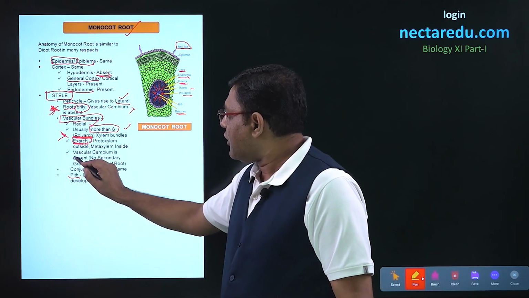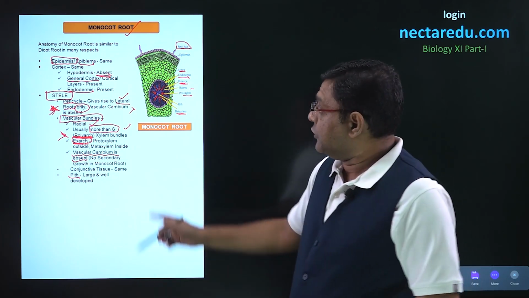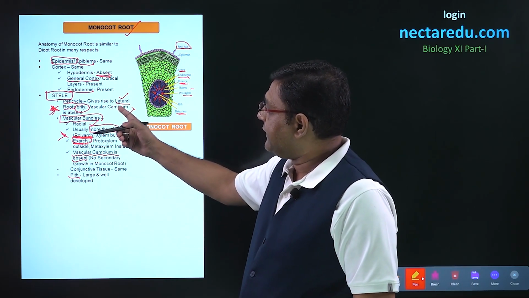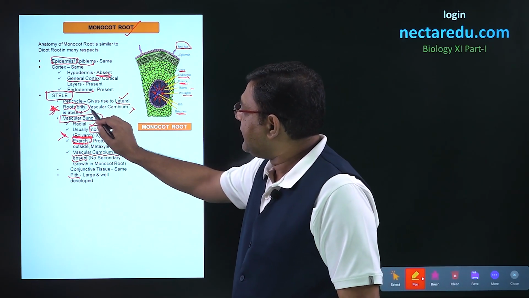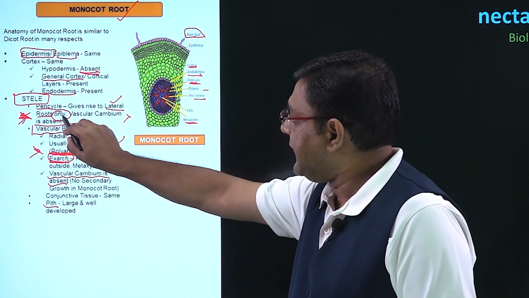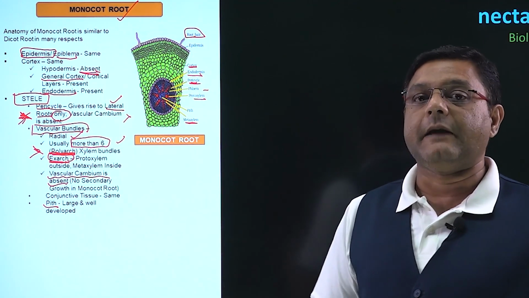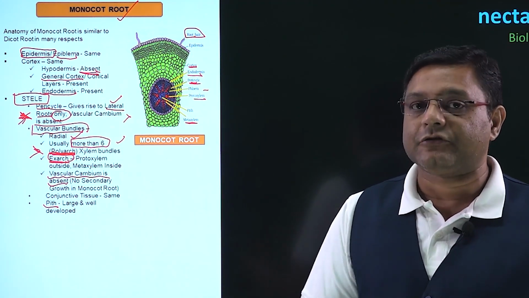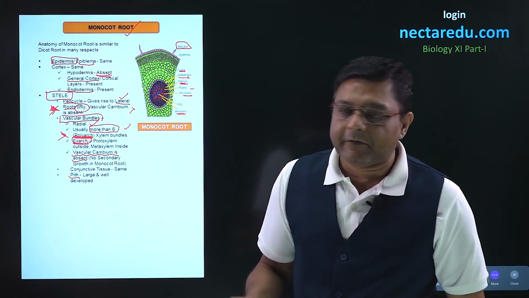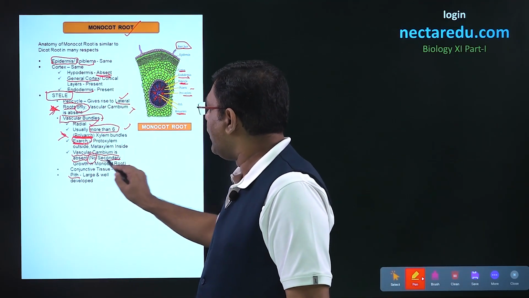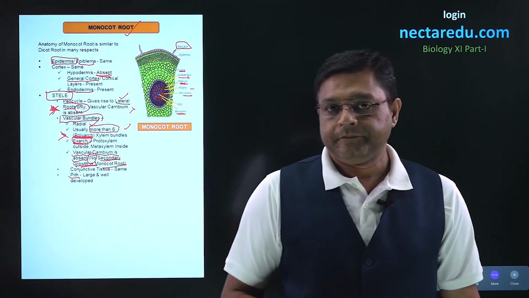After this, we talk of the next condition that vascular cambium is absent. So, we looked into this point when we were talking about pericycle also, that in this only lateral roots will be arising over here. But vascular cambium will be absent. Vascular cambium was present in the case of dicot roots, but here it is absent, and if vascular cambium is absent, obviously there cannot be any secondary growth in the case of monocot roots.